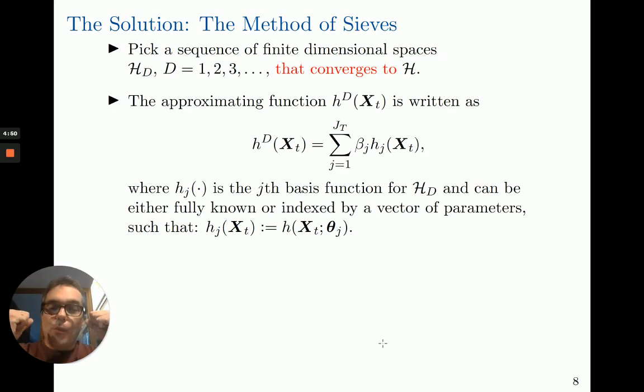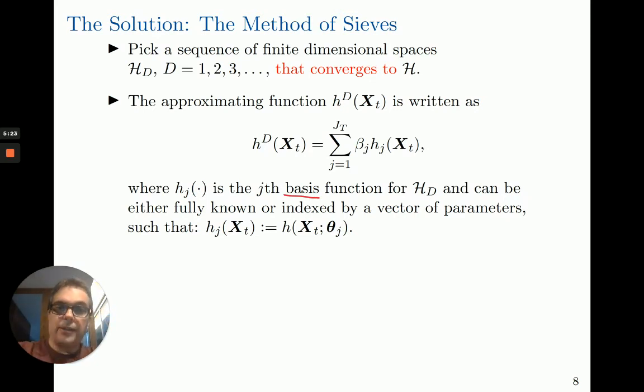And we are going to define an approximation function on this calligraphic H_D space that we are going to call lowercase h_D of x as a weighted sum of simpler functions h_j. Okay? We call h_j the basis functions, or the sieves